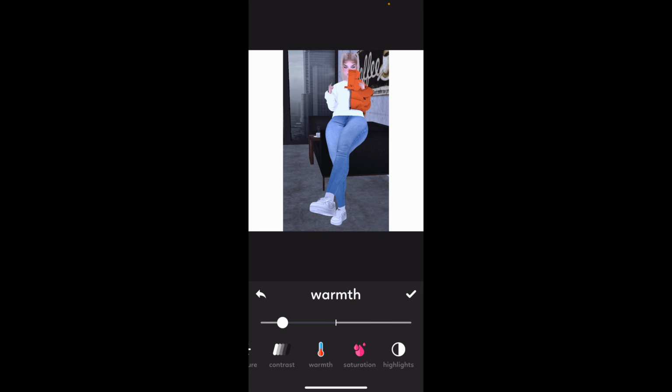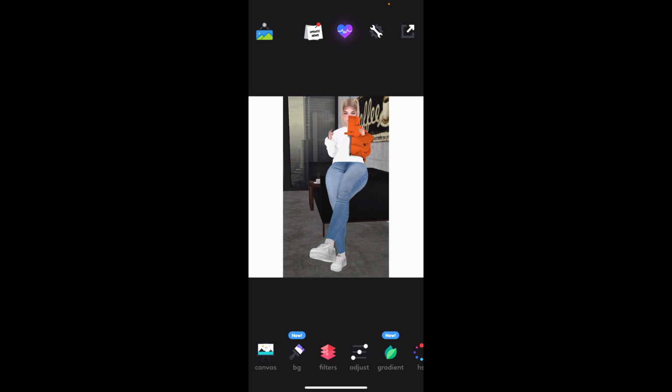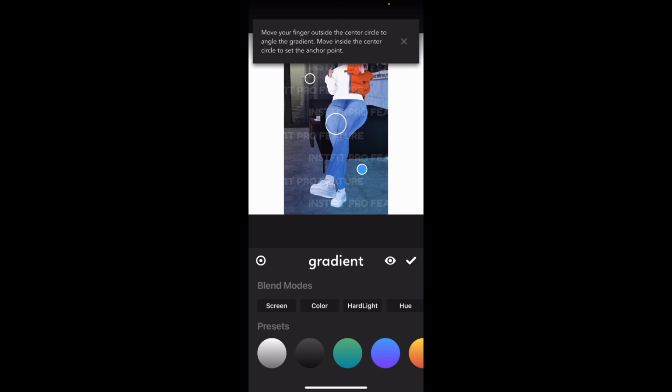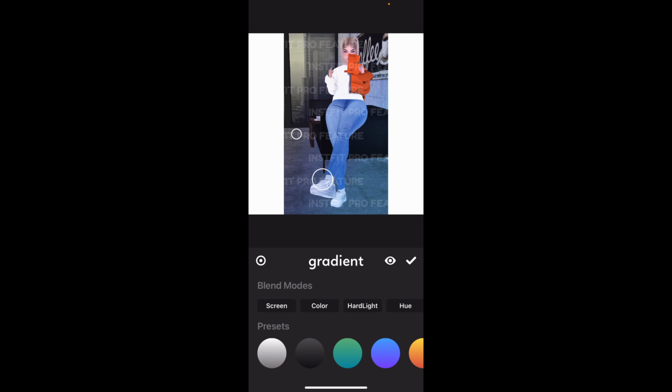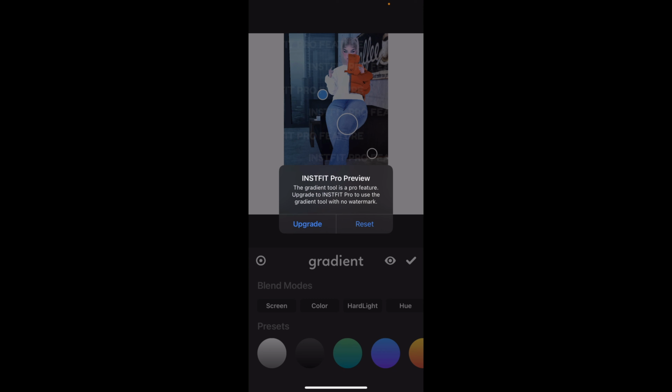Those look pretty. Oh, that's cute. Okay, this is not what this was for. I'm sorry. And then there's gradient. I think I'm saying that right. I really don't know. And then you can just, you know,